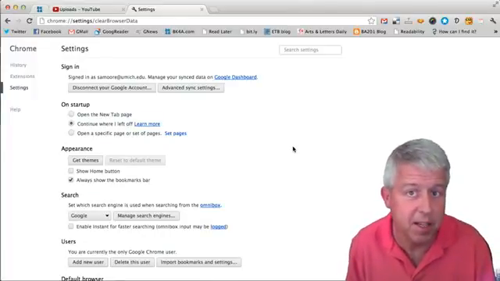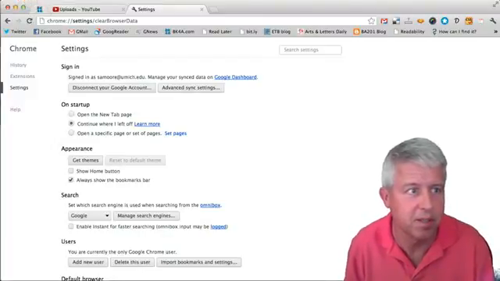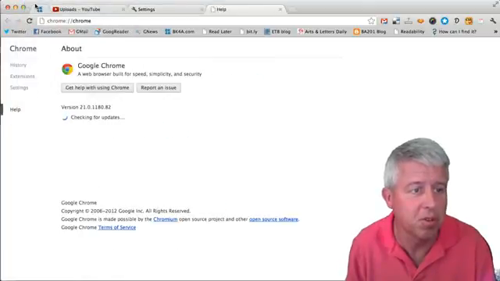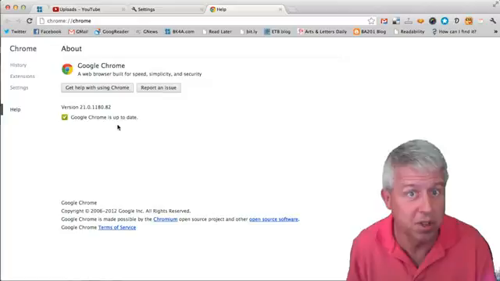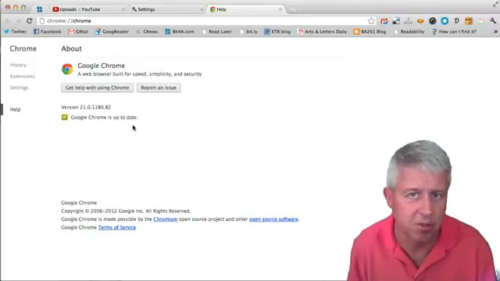Keeping this updated, if you want to keep your software updated, which again, I'm pretty anal retentive about, under Chrome, you say About Google Chrome, and right here, I've already chosen it, but you might have a button that says Keep Google Chrome Updated for all users, or for this